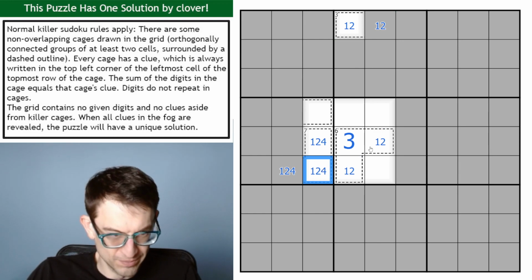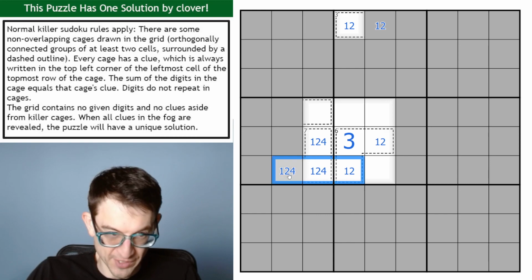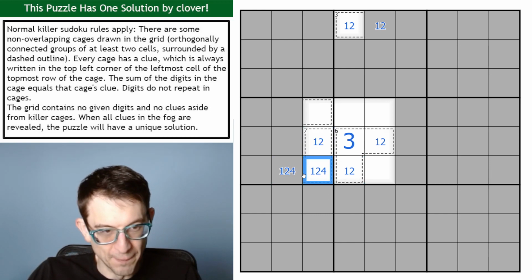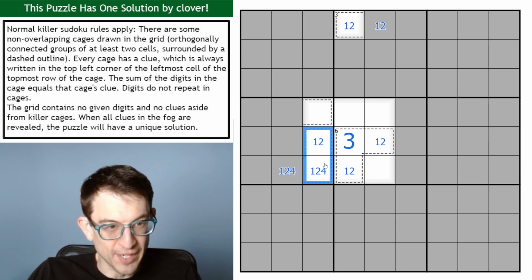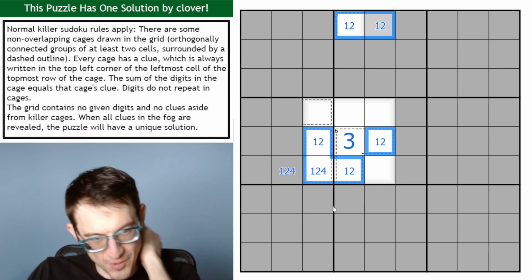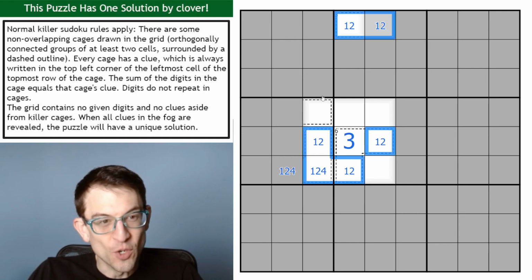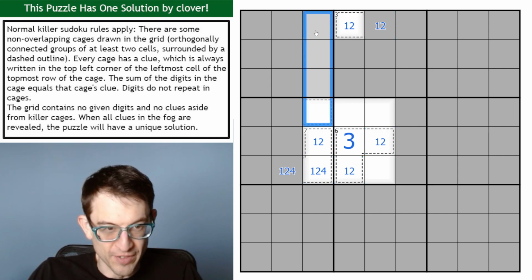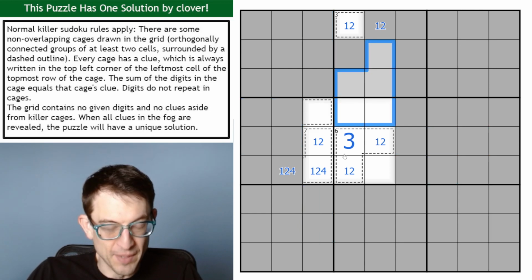Well, first of all, the 4 is definitely in here because this is a 1, 2, 4 triple. So that's not a 4. And then I think this can't be a 1-2 pair, right? Because if this is a 1-2 pair, I think we still have a deadly pattern, right? So let me just, I'm like 90% sure that's right. I just want to go through in my head. Because if these were all 1-2s, how would I ever resolve it? I can't put 1, 2 in these rows, columns, or boxes. They're all taken up. But the question is,